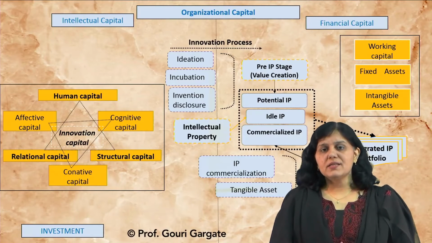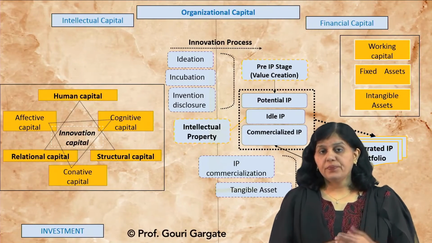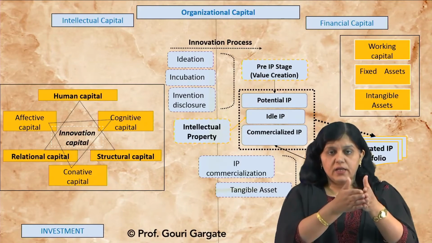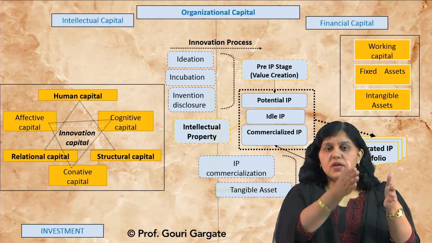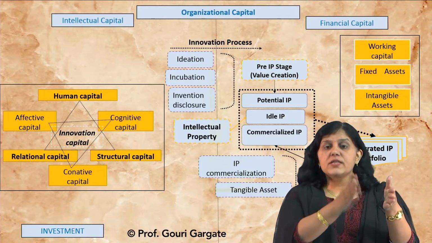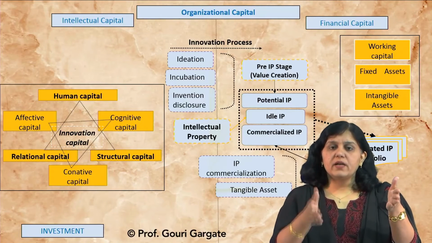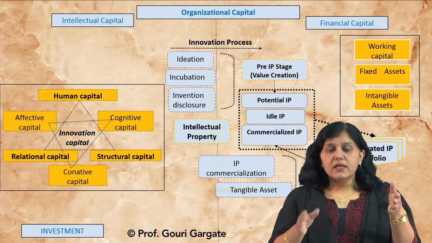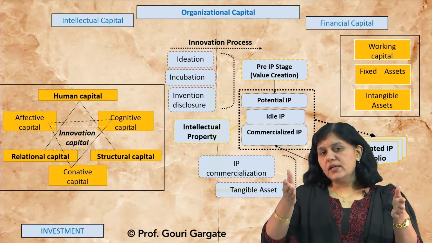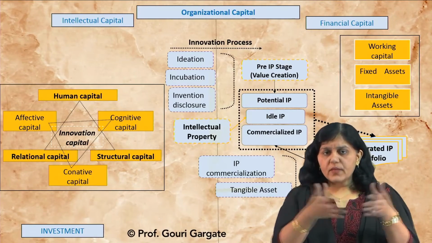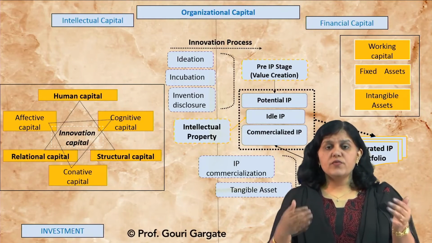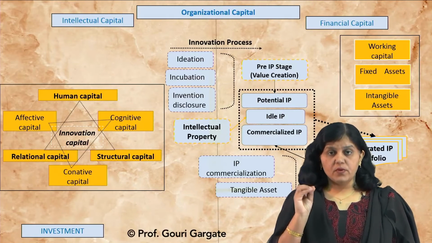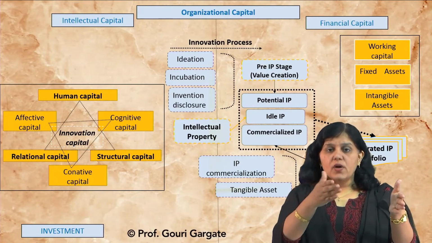So, you can have potential IP, then idle IP and commercialized IP. If your project is going on, then in those 5 years you have a timeline. Okay, the first patent is filed at the end of 6 months or 8 months, the next patent is filed in the 20th month or something like that. Then at the end of the 3rd year I am filing the next patent. Suppose in one project your objective is 3 patents, I anticipate 3 potential IPs, and you are filing them.